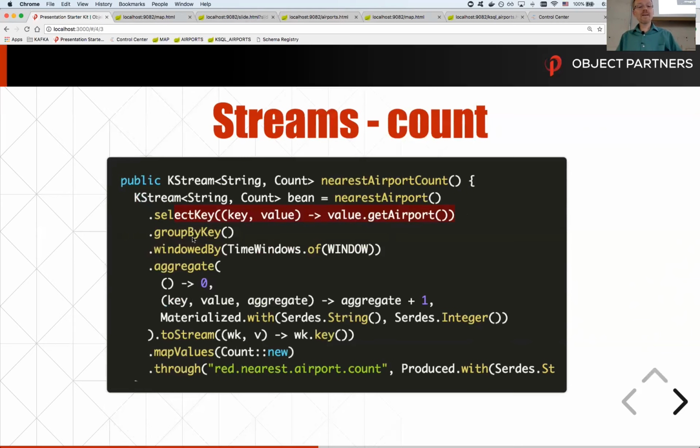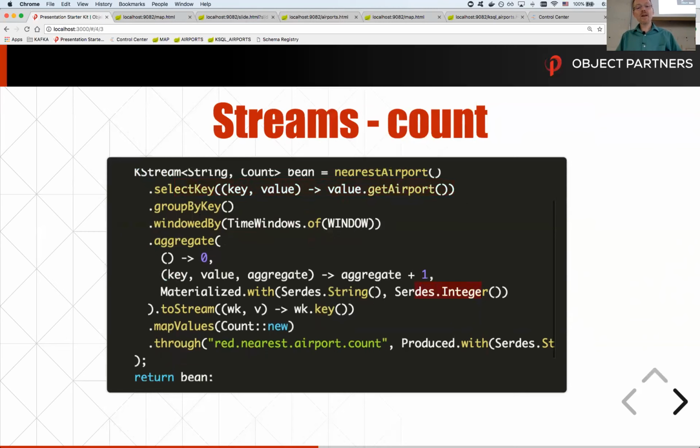So I group by that key, I window for 4 hours, I count them, I write that out as an integer, as a materialized table, I convert it to a stream. Here I'm taking that window key that is the airport code and the time window, and I say I just want the airport code. When I write it out to my D3 app, I don't want the time window. If I was building a real-life application, I probably would, because I'd actually want to track my aircraft over a period of time. My Mac really had a hard time doing one round of cross-cardinality of those planes. I didn't want to keep it moving forward.